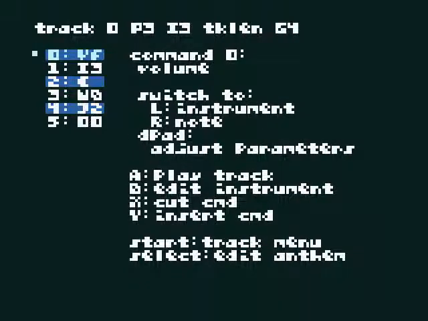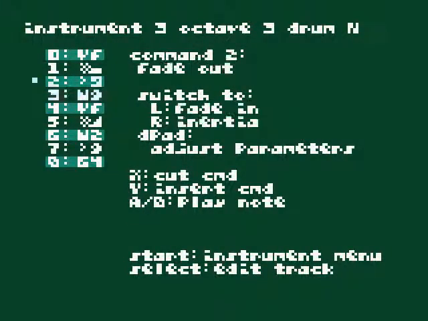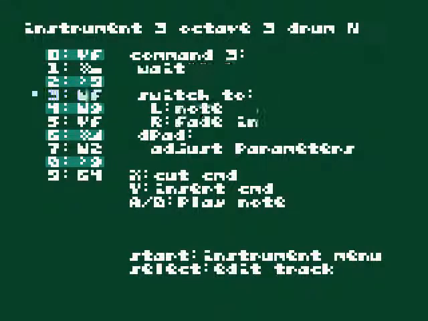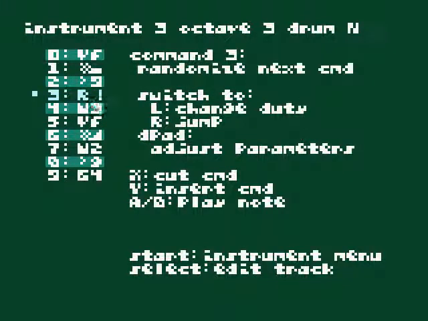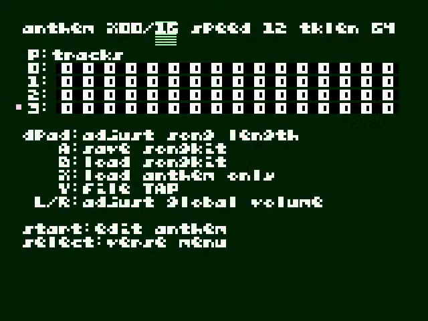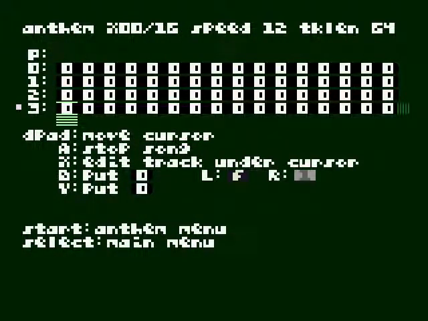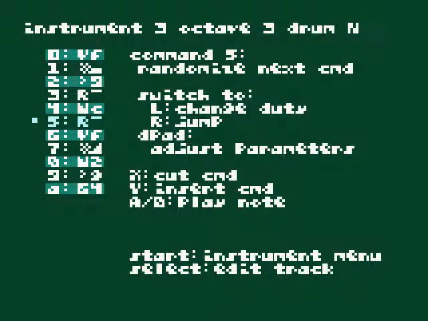Oh, and also one thing that you can do. If I go in here, I can adjust how long it, kind of randomize a little bit what it's, gives it maybe a little bit of a, gives it kind of a more organic feel if some things are randomized. So what I randomize there is